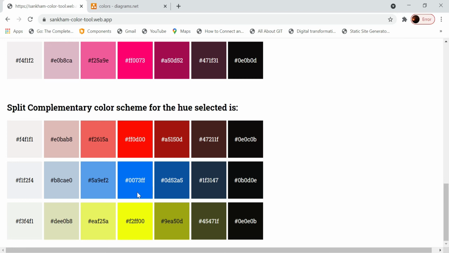I already explained what you mean by primary color, right? So you need to use 60% of this color in your website. So mostly it will be dominated by this particular color. So you need to select the shade of this color. Am I going for lighter shades or am I going for darker shades? So let me go for the darker shade, maybe this one, and see how it appears.